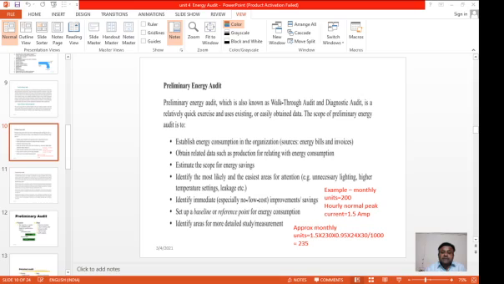If the system is big, it will take a lot of time to conduct an energy audit. If you want to conduct an energy audit for a particular part that you feel should be done, that is called a targeted energy audit. For example, the power system installation may have a number of transformers, breakers, lines, and so many things. Bays are there. So you can take one part, for example, a line, and the energy audit of the line can be a targeted energy audit.